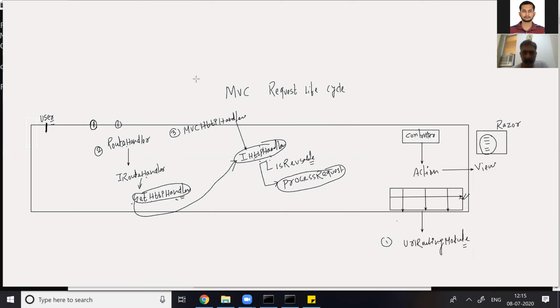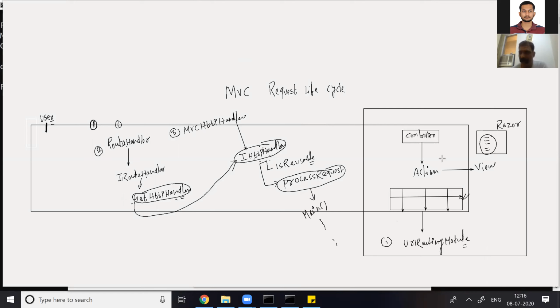So the ProcessRequest function behaves as an entry point, as a main, for the MVC application. Now this is my development for the MVC application: action to view, view to action.